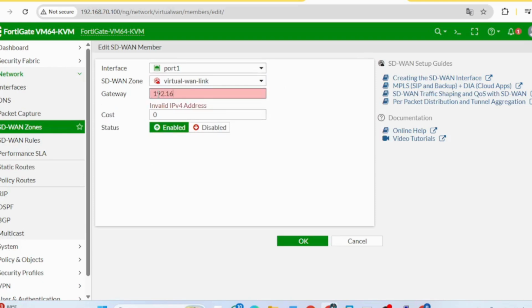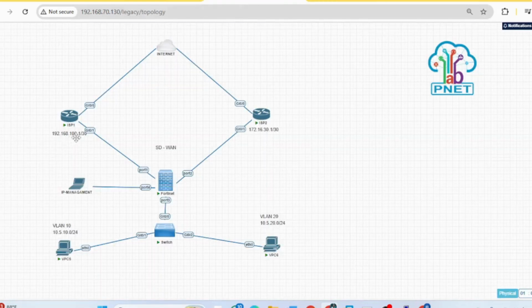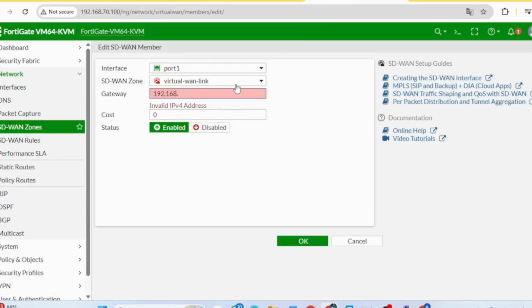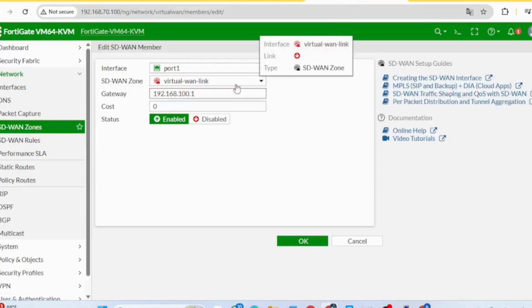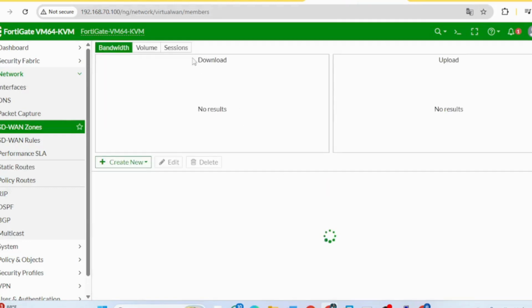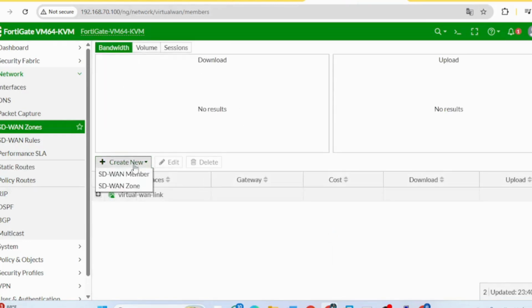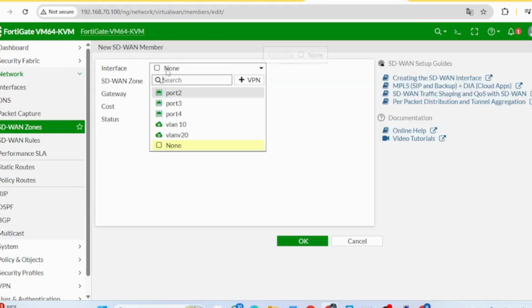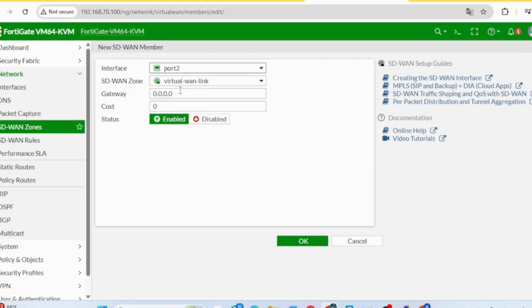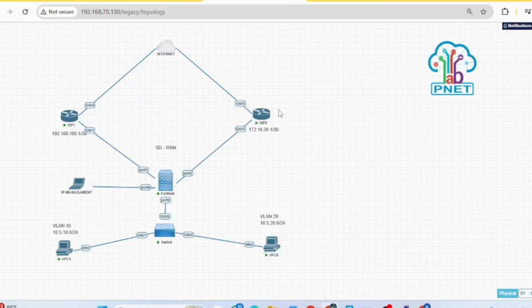It was 192.168.101. And for that, we need to create a new gateway. You know the drill. Just port 2 with 172.168.10, and it should be 1 if I'm correct. And after that, the gateway is done.